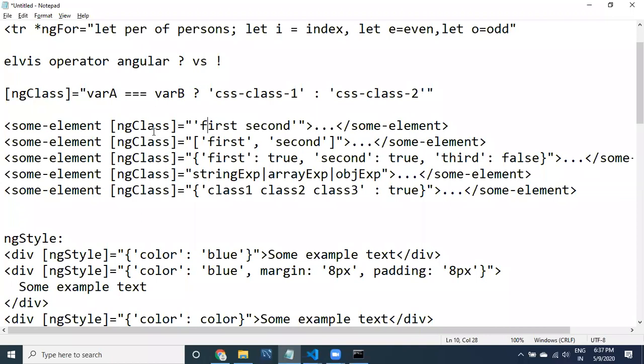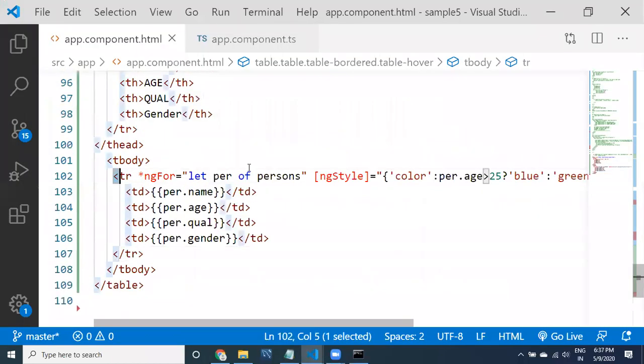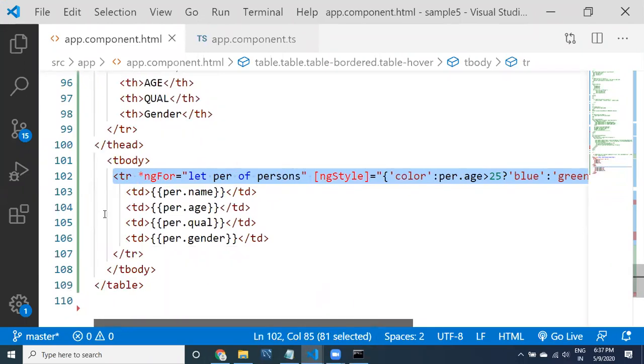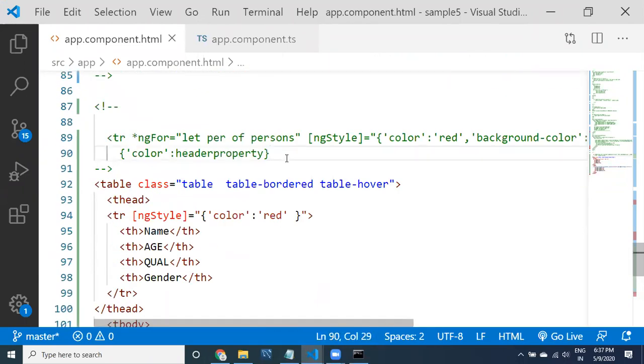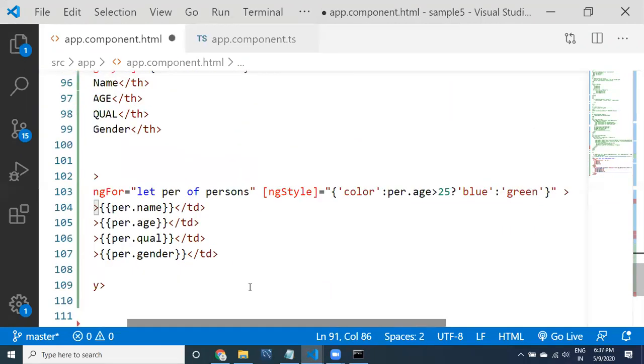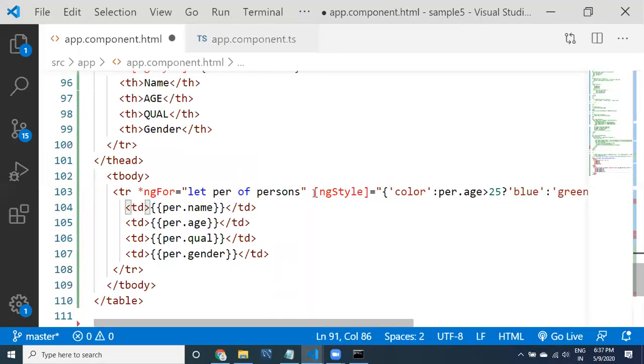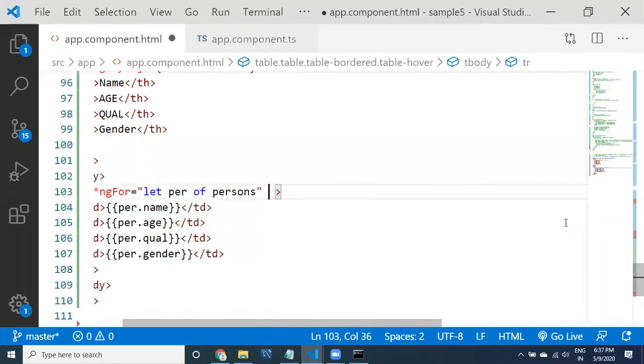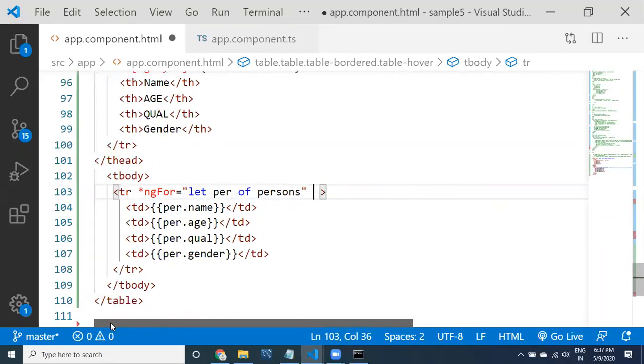So now, let me keep this for reference purpose, and then let me remove this ng style.